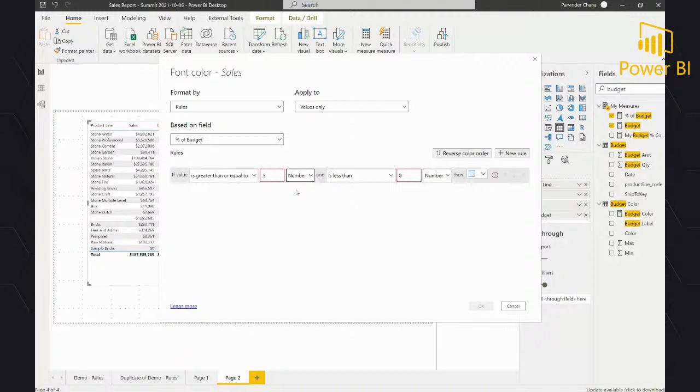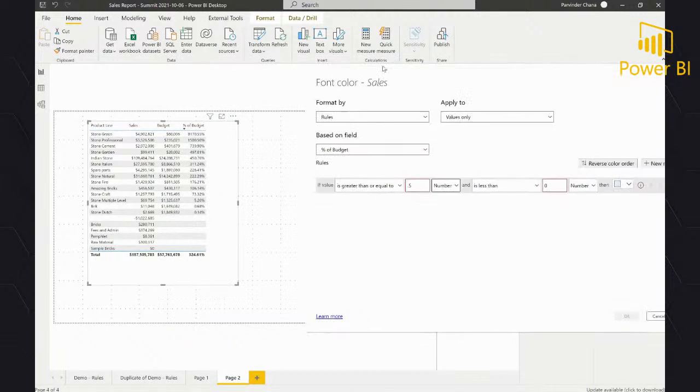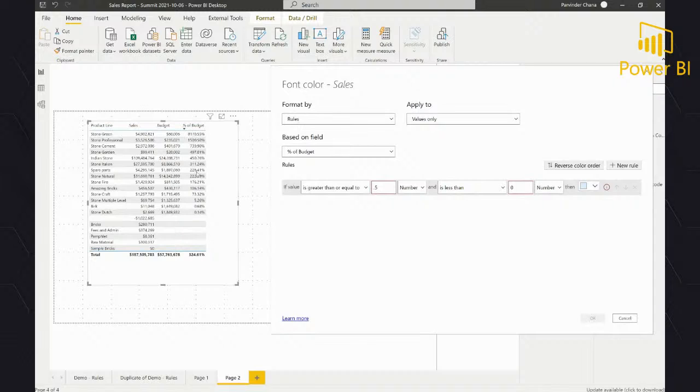Now, one mistake people usually make here is they look at the number and say, okay, this is above 50%, and they type 50 here. When it's a percent, 50 here means 5000%, right? Because this is just a formatting of how we're showing the data as a percentage.